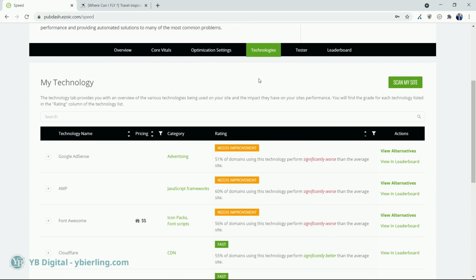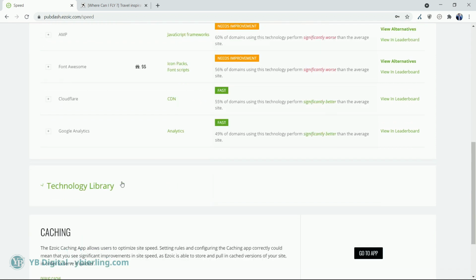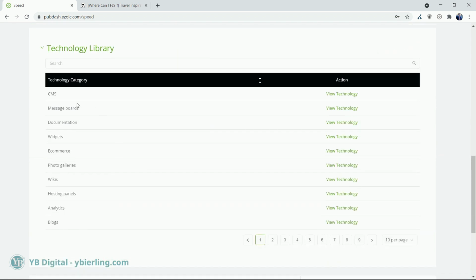Then on the side of technology, this is where it will help you in case you are not deep into web technologies. You will have access to a whole library of technologies to help you choose the right one for anything you do. So,